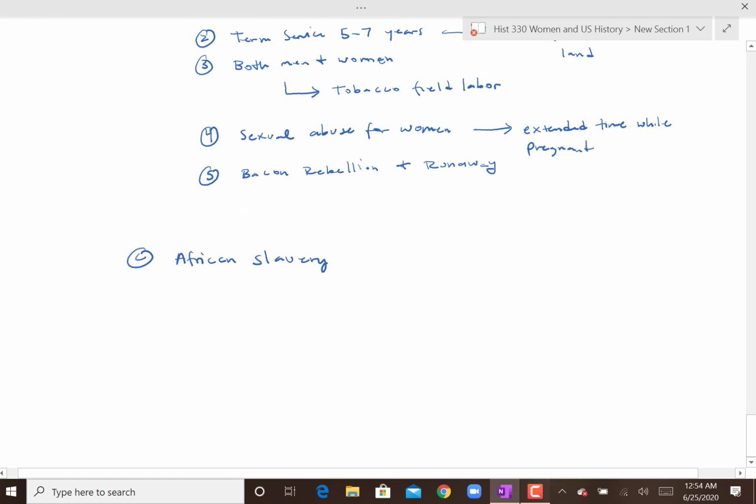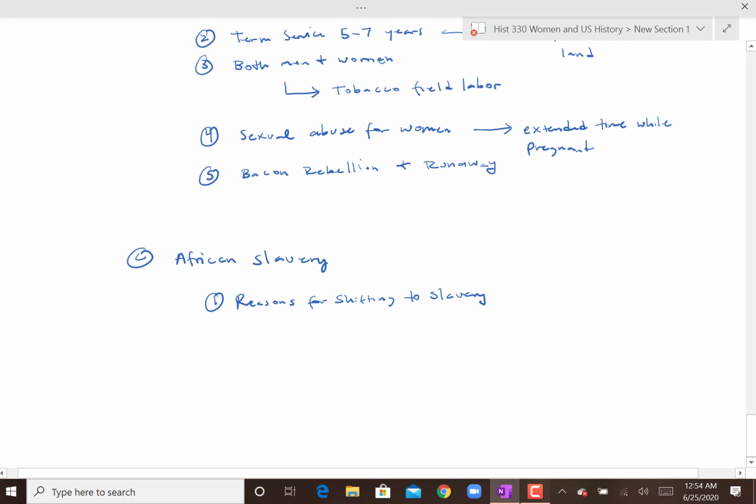I'll write those down first because that's important to change, and then we're going to go back in time and look at really early slavery, and then as it really shifts. So you have that move away from indentured servants, as we'll say, the reasons for shifting to slavery. Again, there were slaves very early on in